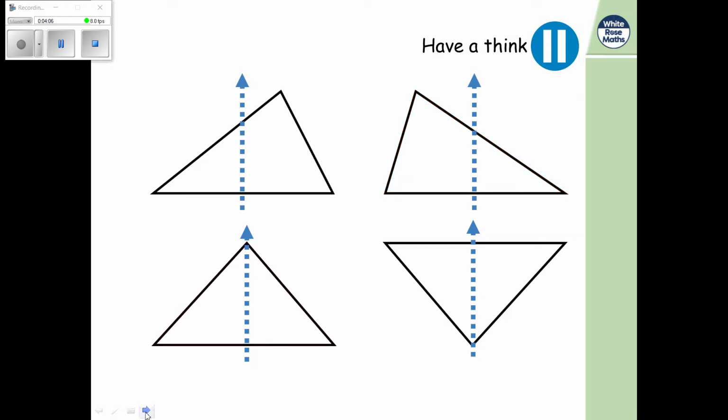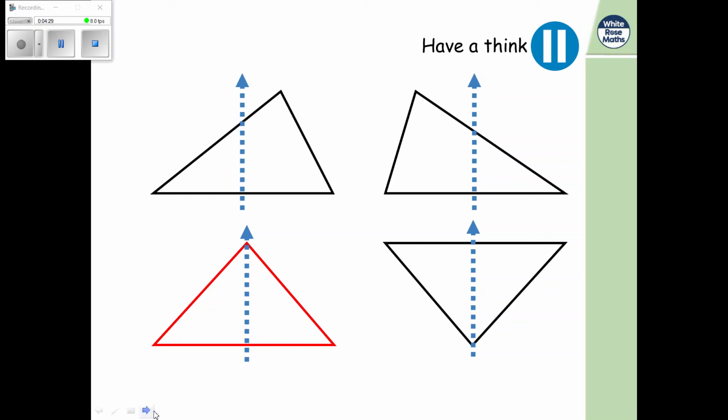Our third shape now. Again, like I said for the top one, if you were to fold this in half, would it be the same as the other side? So it would, wouldn't it? As we know, if you want to try that at home, you could cut out a triangle and fold it over and see if you agree as well. So this is a line of symmetry, as it is the same size on each